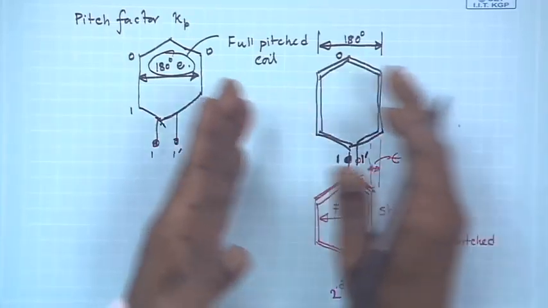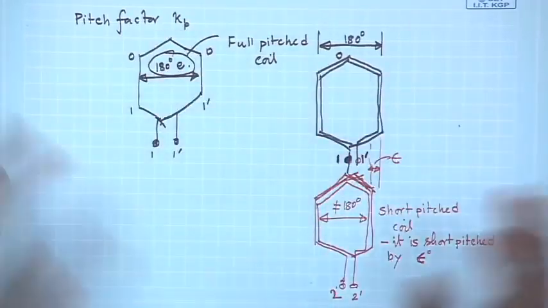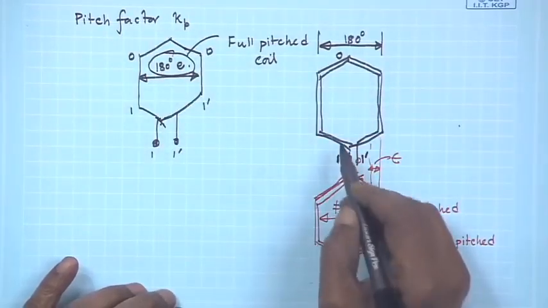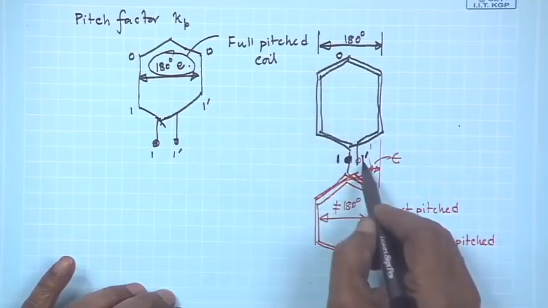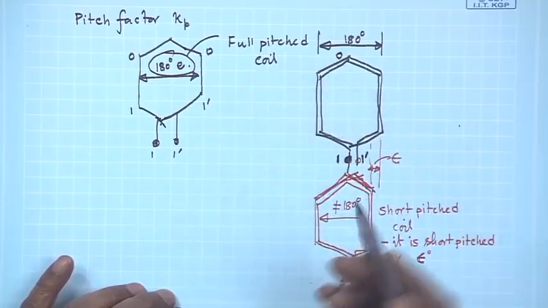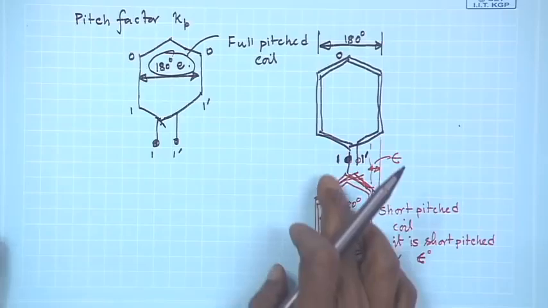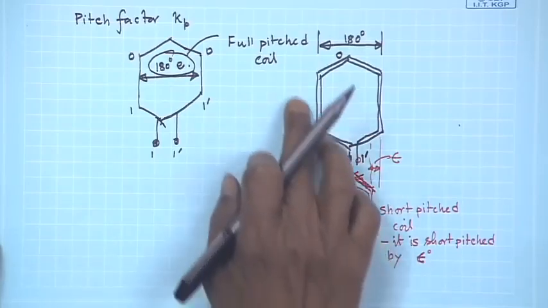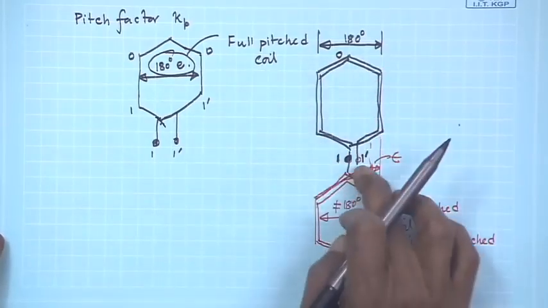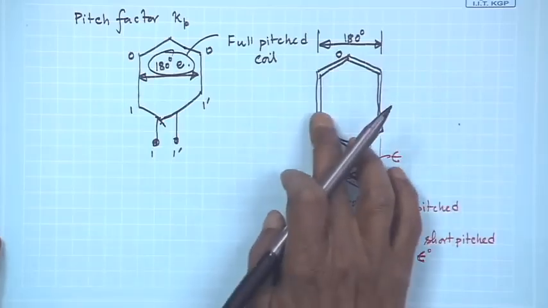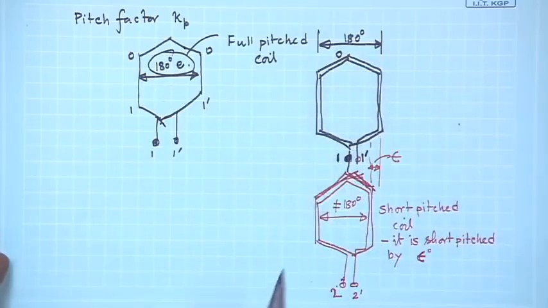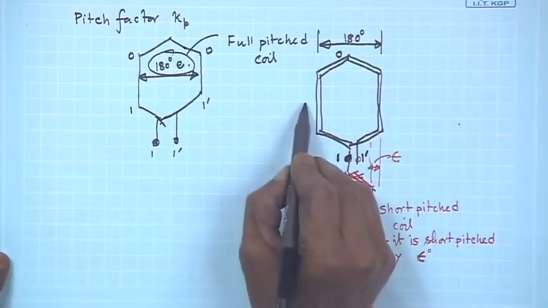And if it moves this way, field patterns remaining same, I will say then E 1 O will lead E 1 dash O. Very simple, because whatever 1 O sees first, 1 dash O sees after this much angle of 180 degree. So, in this case, suppose the coil is moving in this way